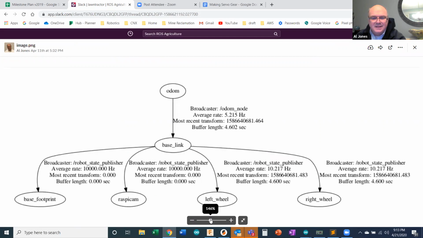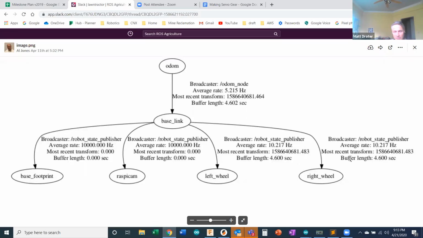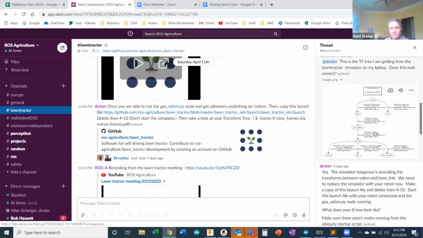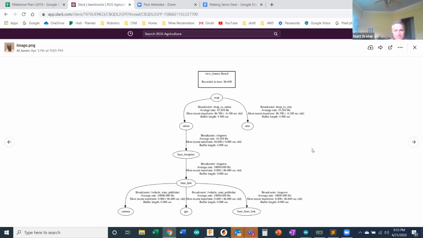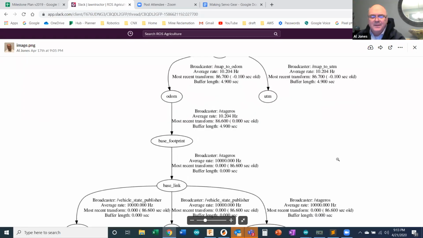This is the tree that comes out of the simulator. You got to scroll down a little bit. That was the first one that you made. That one is a mixture between the Ubiquity and the lawn tractor, but the lawn tractor simulator TF tree is down a little bit right there. Forget what I said. This is the